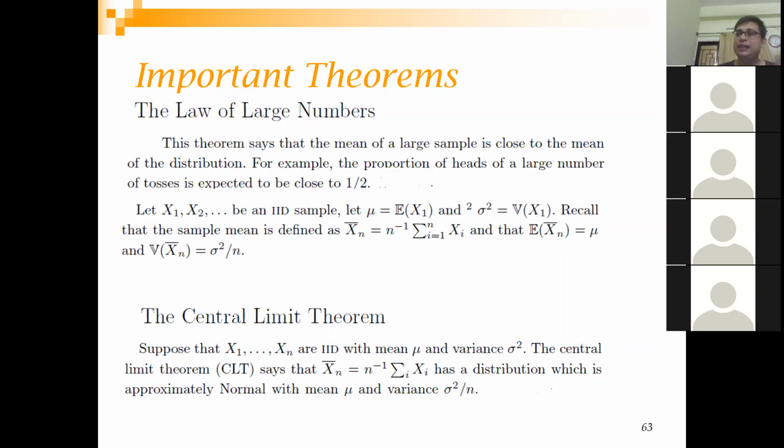If someone didn't tell us what distribution it followed, we could not have found the answer. Same problem happens for the sampling distribution. So again, one law comes to help us, which is called the central limit theorem. It tells us that if I take a large number of samples, not large samples, but a large number of samples, and draw a sampling distribution, then it will approximately follow a normal distribution. That is a superb law, because it allows you to find the probability.